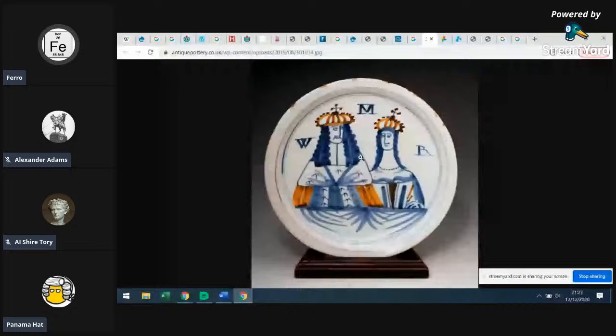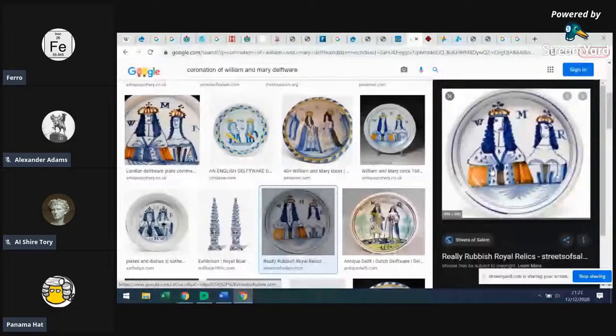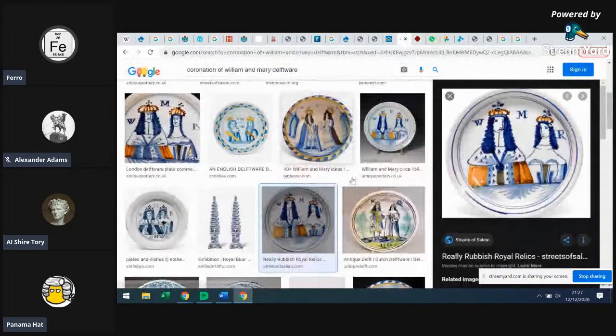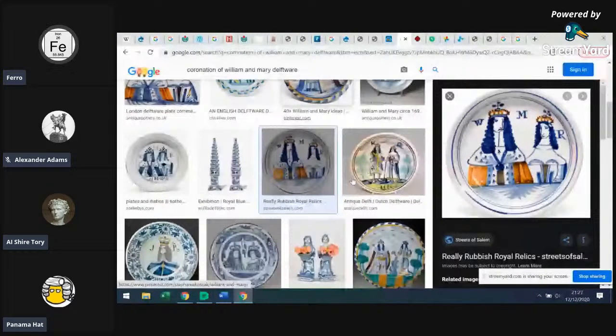So you can see here William and Mary. That's quite a good one. You often have, here you go, this is what I'm talking about. Could have been done in MS Paint. Exactly. Maybe someone's messed around with that one actually. Yeah, but